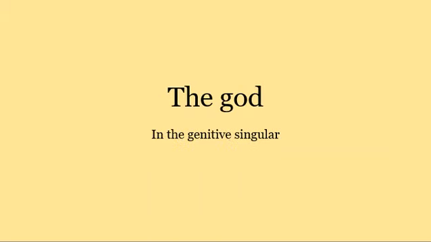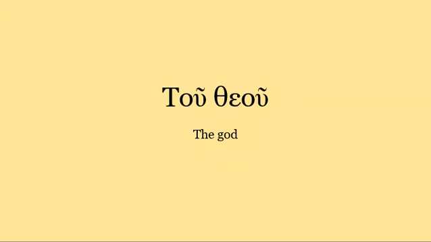And next, I bet you thought I was going to do the neuter. No, no, no. You get a test first. Try to say the god in the genitive singular. And, of course, it's masculine because the vocabulary word that we've learned for God, theos, is a masculine noun. So, I don't need to say that. So, again, try to say the god in the genitive singular. Now, if you came up with tu theou, awesome stuff.